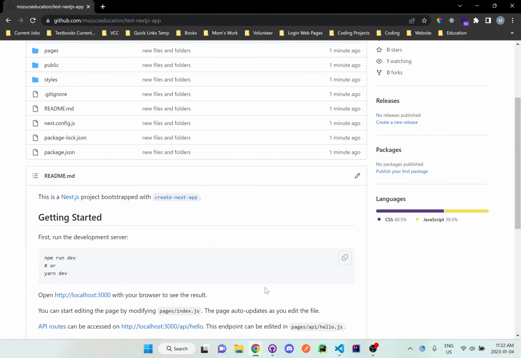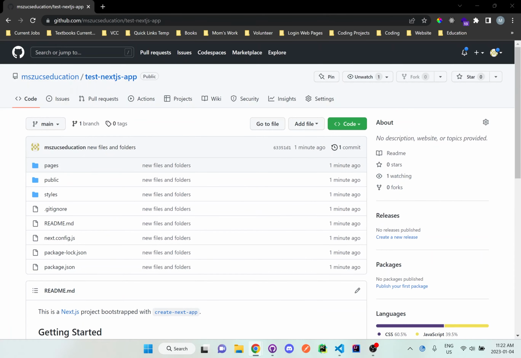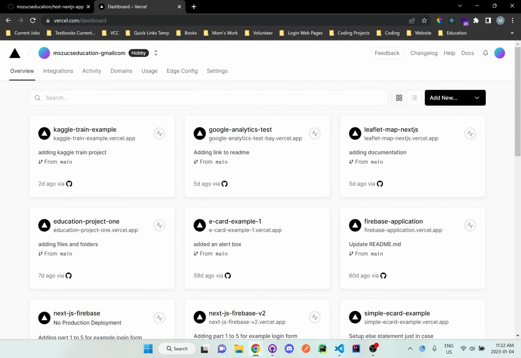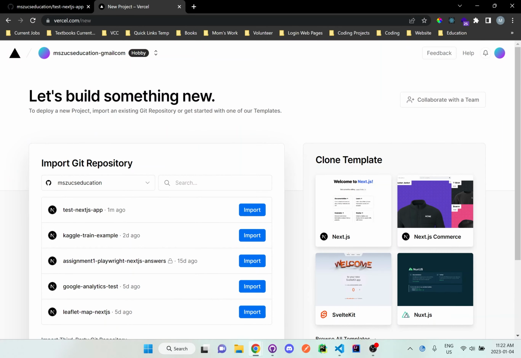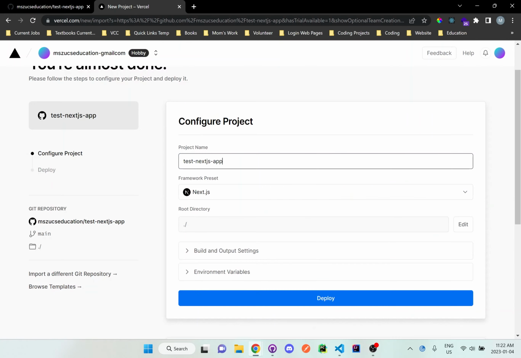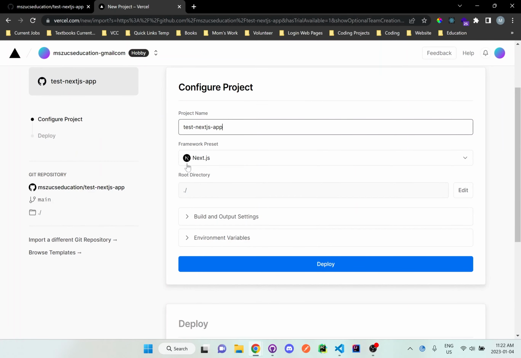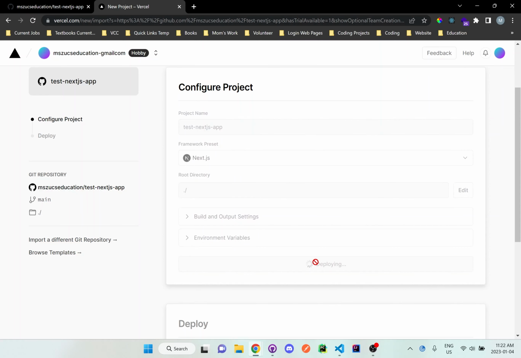And next thing we want to do here is we want to go to Vercel. So I already have Vercel right here. So it's just vercel.com, and you have to sign up for an account. And now we're going to add new and then project. And I will just select the project that I just created, test-next.js-app, import it. And you can see here everything is good. It's Next.js, root directory, everything's in the root directory. We don't have anything else we have to change, so we'll deploy it.